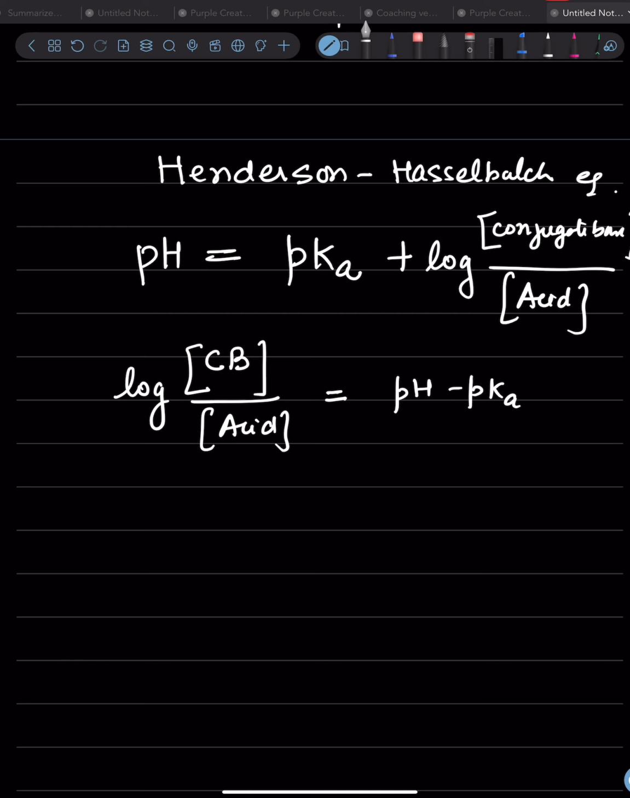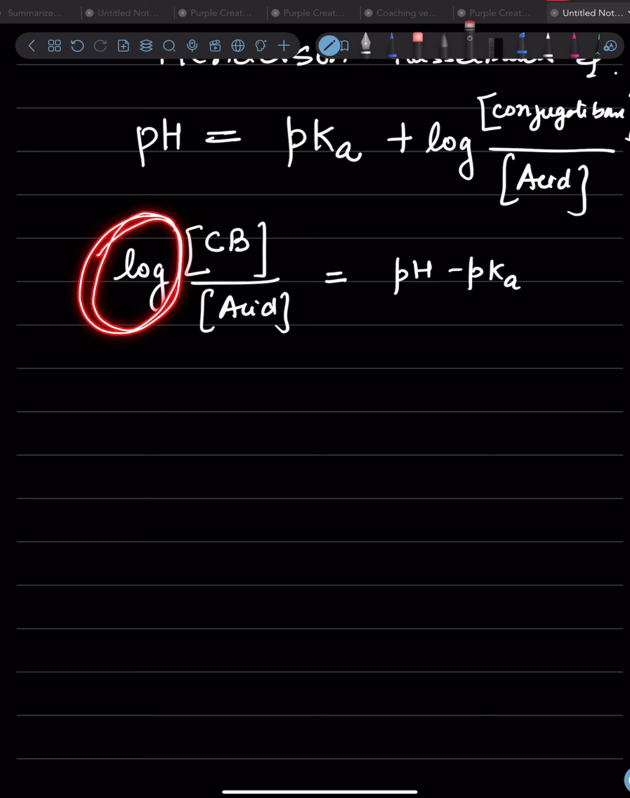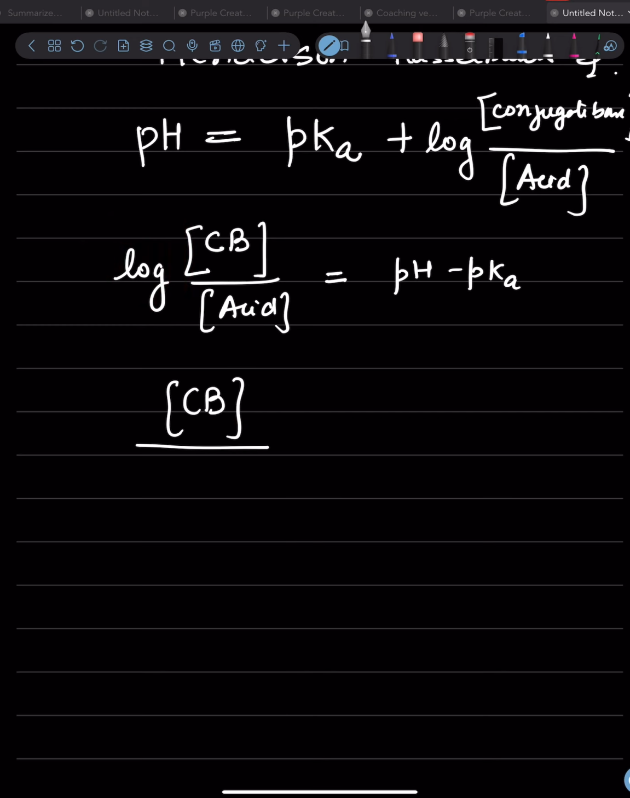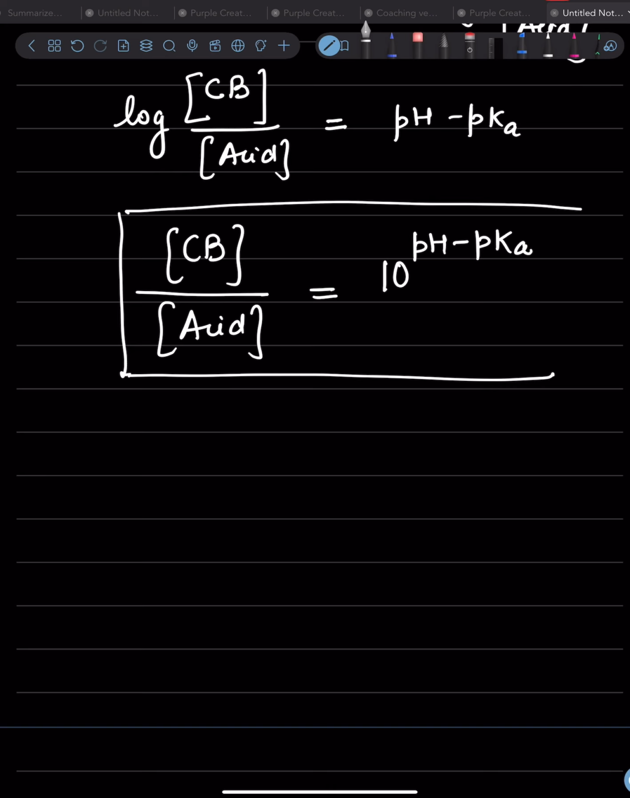Okay, so this goes on one side and the pKa goes to the other side. So this is log to the base 10. So the concentration of conjugate base divided by the concentration of acid is 10 raised to the power pH minus pKa, because this was log to the base 10. So from this equation, we can calculate the ratio of concentration of conjugate base to acid at